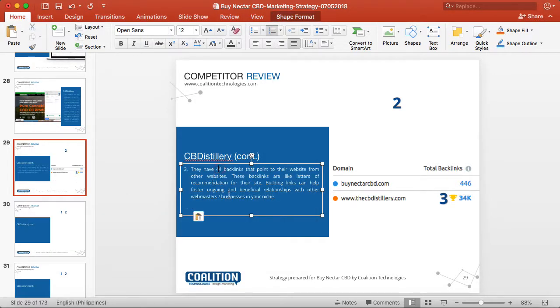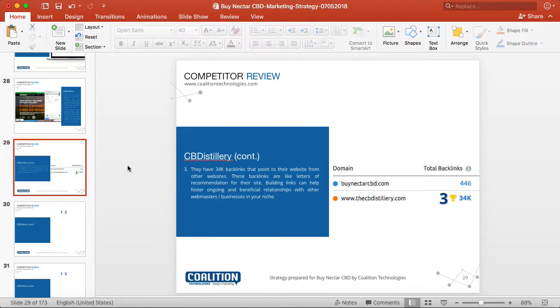So let's change the number of backlinks to 34,000. And then number